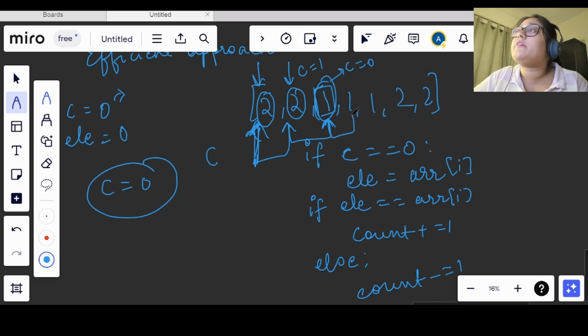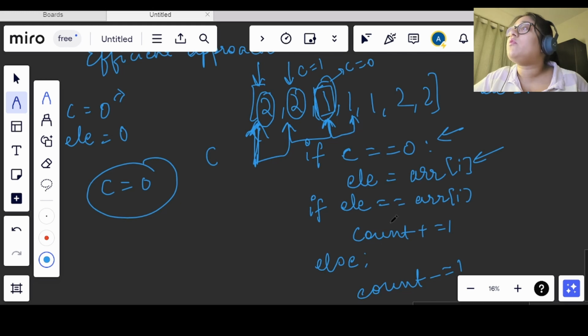Now when the pointer comes here, it will see that we have a new element and the count is also 0. So element will get updated and now we will store 1 in our element. Till now 1 can be our valid candidate, right? Because the previous value was also 1 and the coming forward value is also 1, the current value.